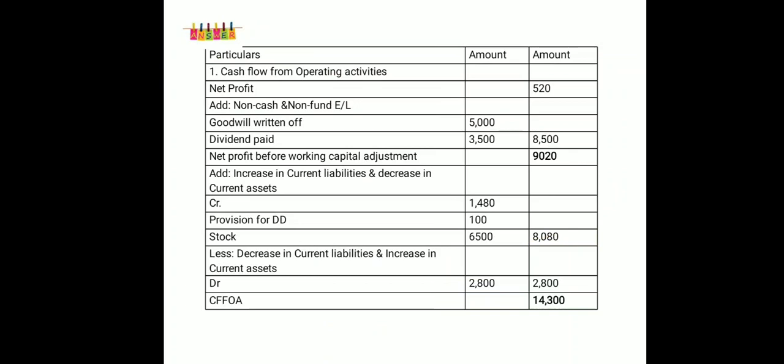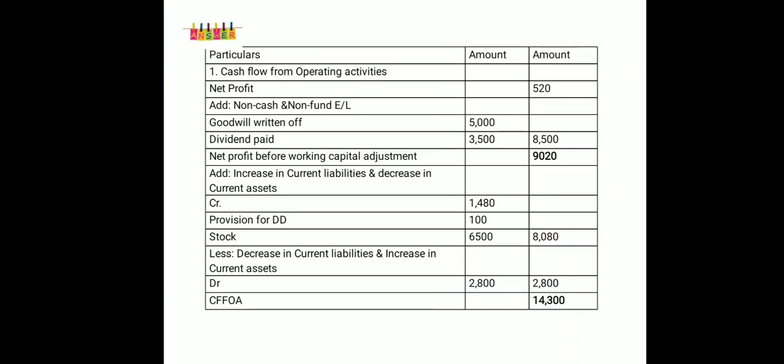Now in this we need to adjust our current assets and current liabilities. So what we need to add, I hope now the rules are in your mind. Please remember any one rule. Increase in current liability: definitely if I'm adding an increase in current liability, I'll go just the opposite for current assets, decrease in current assets. So I have taken it here once only, increase in current liability and decrease in current assets.